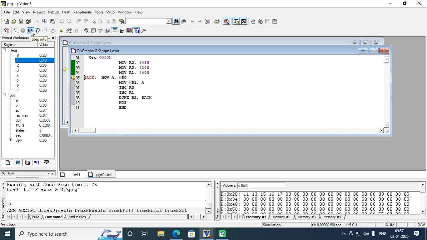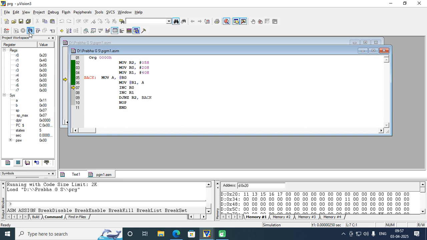Now next step, MOV A, @R0. So A has got whatever data is present in 20H. Yes, 20H has 11, which is present in the 20H address and has been loaded to A. So A has got the 11 value.